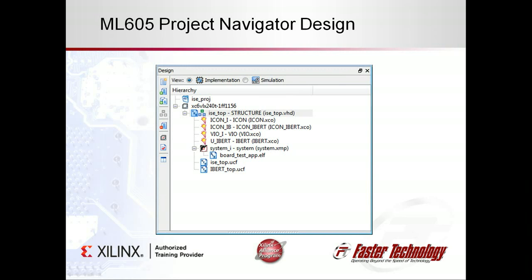This ML605 reference design for our Quad SFP FMC contains several ChipScope Pro cores. An IBERT core is used to instantiate and exercise the 4 MGTs. A virtual I/O core allows the user to sense and drive control and status lines to the FMC. Top-level HDL code connects the core to the pins of the FPGA, and the user constraint files specify pinouts and timing constraints. Finally, a Xilinx EDK Processor Subsystem has a MicroBlaze running example code to communicate with devices on the